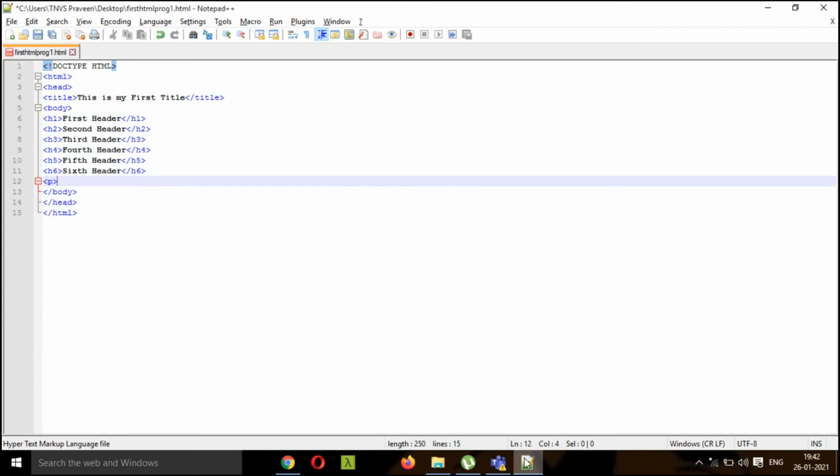So what is paragraph tag? The paragraph tag starts with a new paragraph. So this usually inserts 2 line breaks. So what does paragraph do? Paragraph is mainly used to write paragraphs. So let us assume